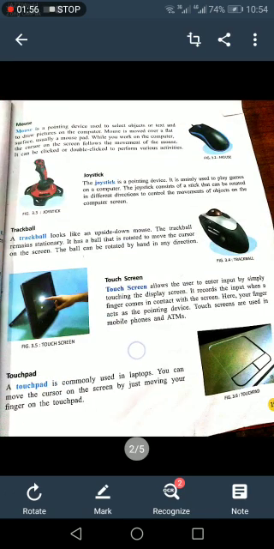Next, mouse. It is also an input device. Mouse is a pointing device used to select objects or text and draw pictures on the computer. We can use the mouse to point to pictures, draw pictures, color them, or point to devices. Mouse is moved over a flat surface. As you can see, we always put a flat surface down under the mouse so the mouse can move easily and we can protect it from dust. That is called a mouse pad.